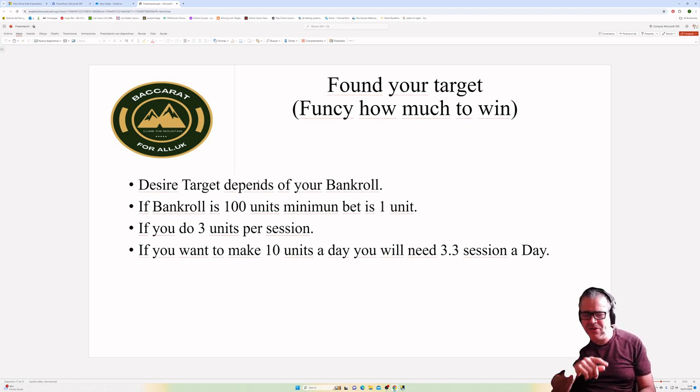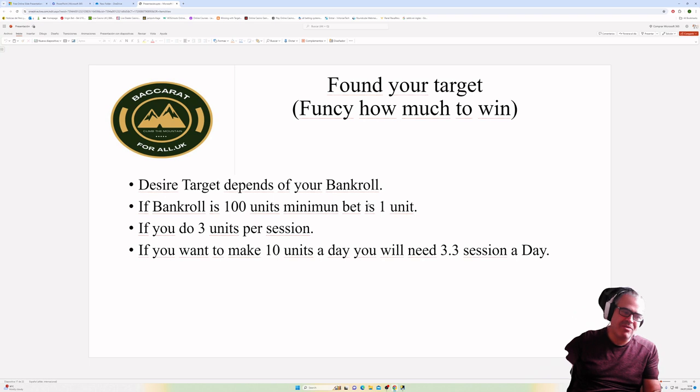When we study, you will notice this when we are doing the money management. Okay, so this is a good example: how to use the bankroll, create a bankroll, how much you need, how many sessions you have to do. If you comply and do those things, I think you should be very fine to be a successful Baccarat player.